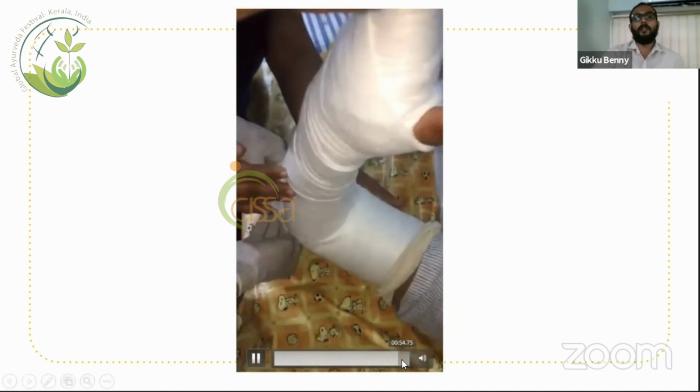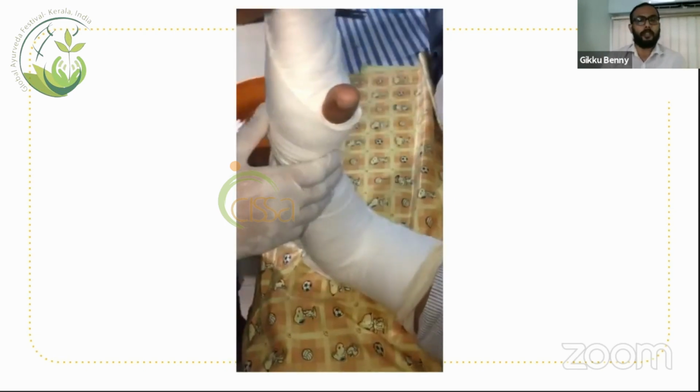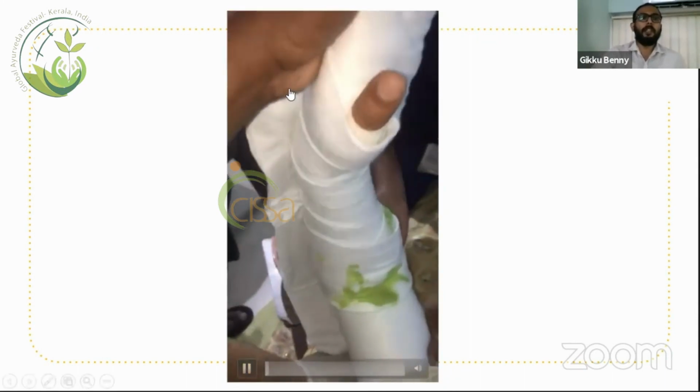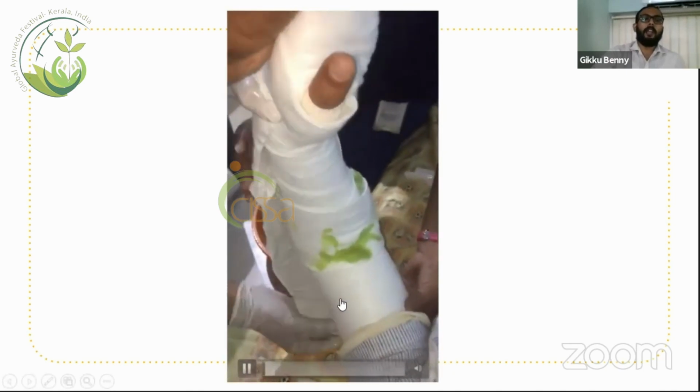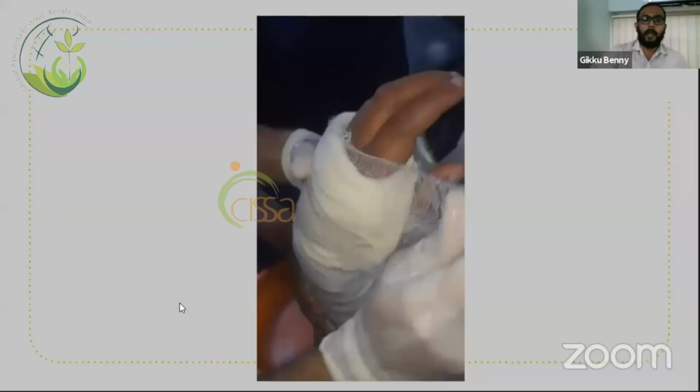And then after 3 weeks, surely we shall go for rehabilitation. As the elbow is more prone to stiffness, we shall avoid heat, massage and hot application, and also passive stretching in the elbow, to avoid myositis ossificans or post-traumatic ossifications. Here, posteriorly we are applying the cast, which is 15 centimeters in length, and anteriorly we can apply an aluminum splint.